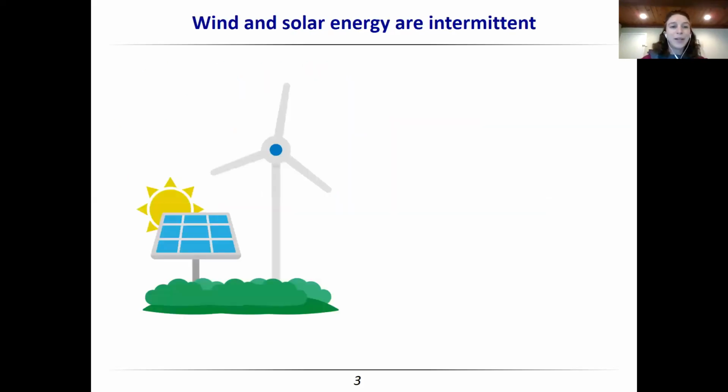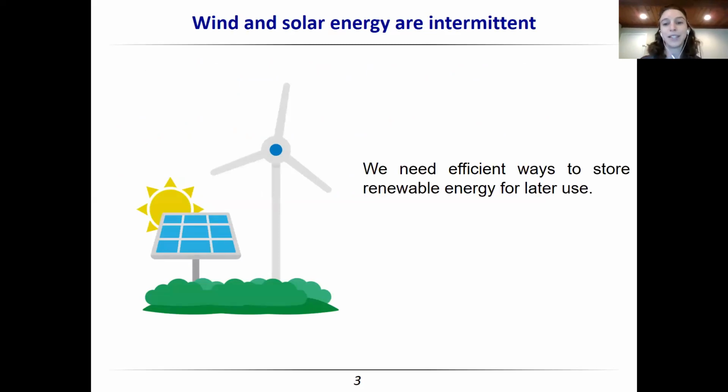Okay, so we would like to be able to move our power grids over to more wind and solar energy. Right now, we have the capability to use wind energy and to use solar energy, but we can only use these when the wind is blowing and when the sun is shining. And in order to move to a system where our grid is mostly dependent on these intermittent renewable energy sources, we then need a way to store the energy when we can use it. So maybe during the day, we can take solar panels, take energy from the sun, use the electricity generated from that to convert it into a stored energy source, and then use it later at night.